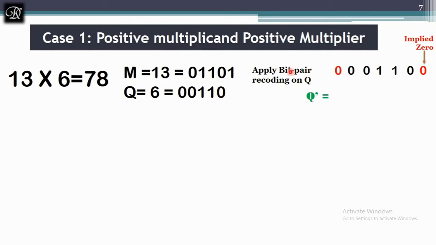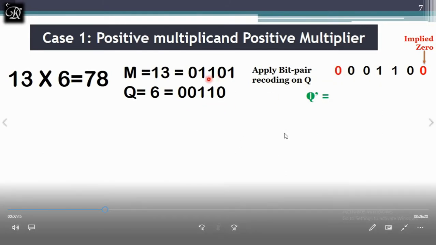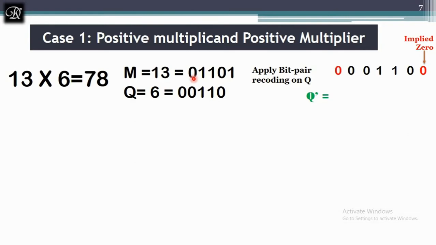Now when you are applying a recoding, you have to add 2 bits. One is implied 0 and one more is sign bit extension. This is the sign bit extension, which is the same as the sign bit before. This is the sign bit. You should know these are all the 4 bits which make up this 4-bit number, and this is the sign bit. It's going to tell it's a positive number. So the same sign bit is extended here.